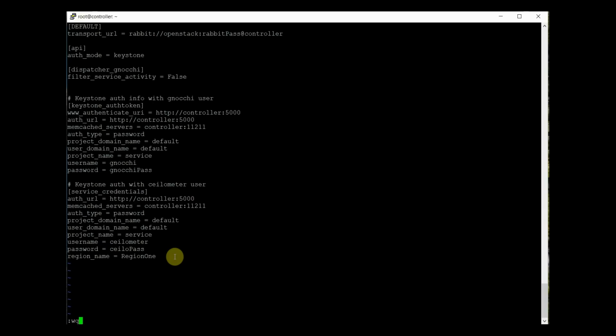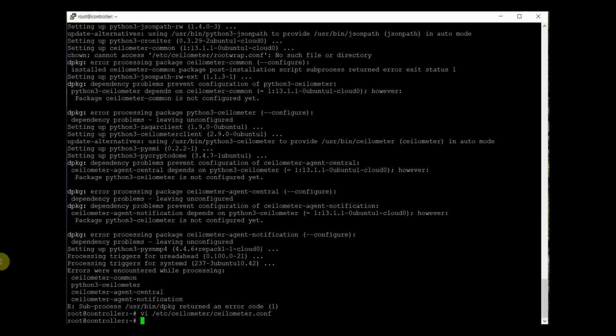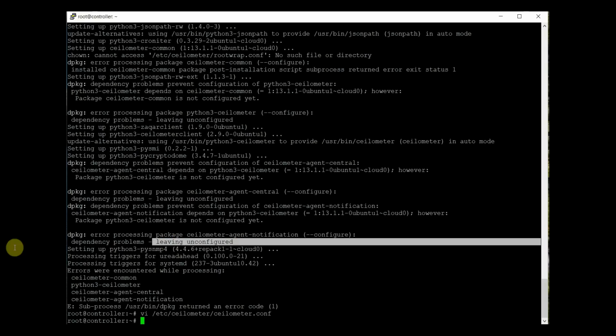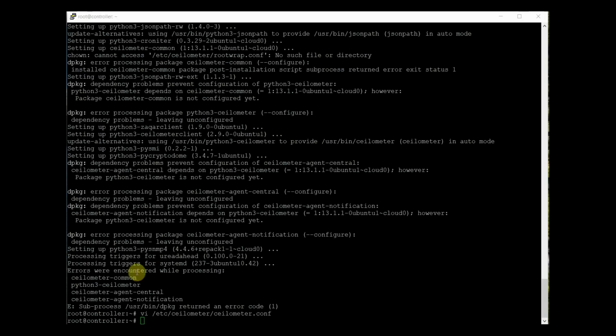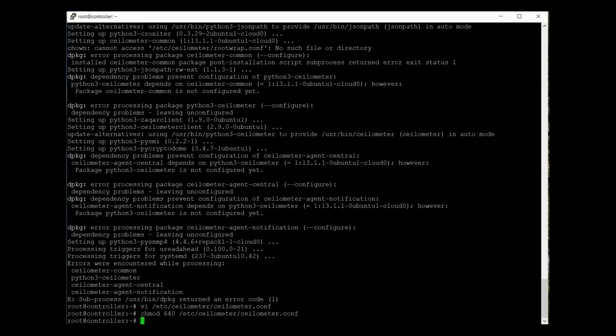So once these details are created, you can ignore these packages because we have not configured it. Leaving unconfigured, so don't panic because we are configuring it manually. So these errors can be ignored. Now changing the permissions of the file and the ownership of the file the way we have done for Gnocchi. So changing the ownership now.